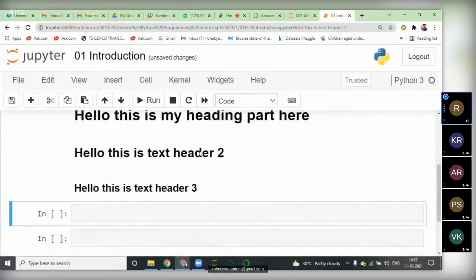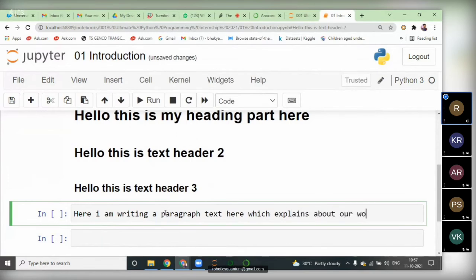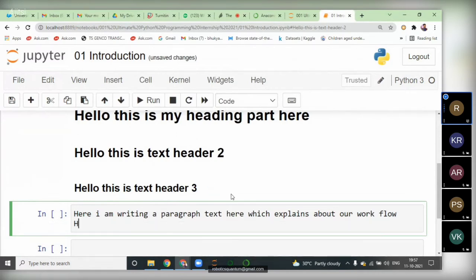Now if you want to create only text, I am writing a paragraph text here, which explains our workflow. You can write multiple lines here.